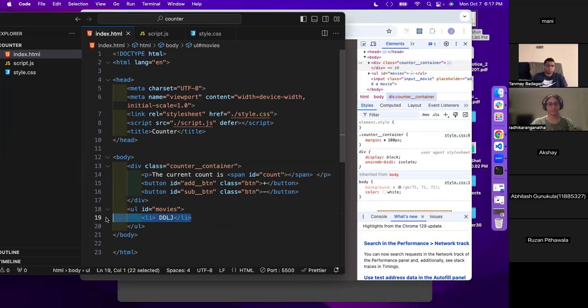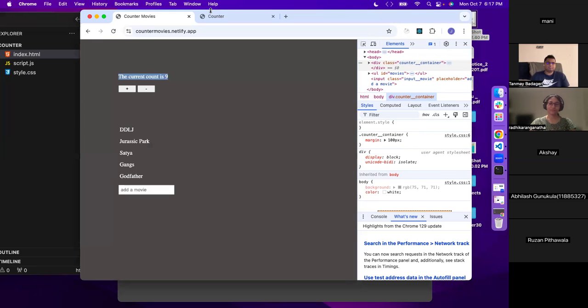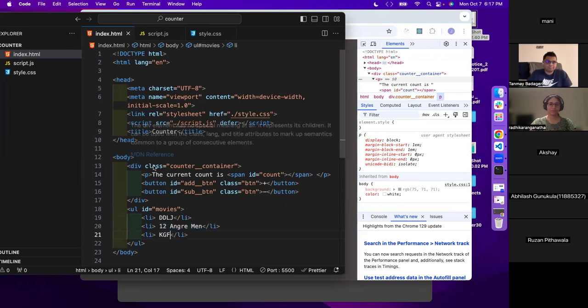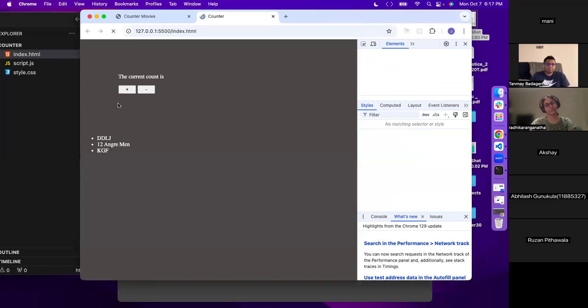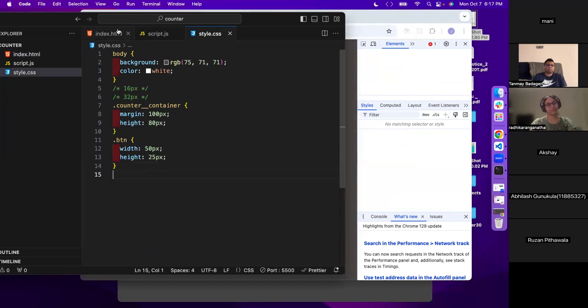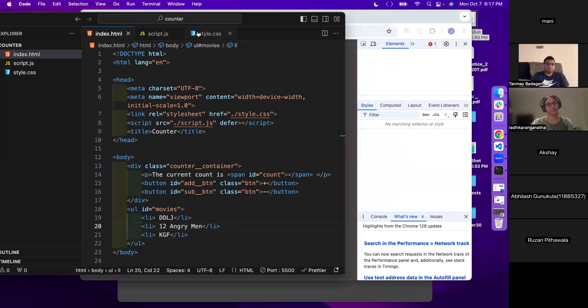Because the initial state can be not 5 movies, it can be anything. All right, 12 Angry Men. And I don't want Dishan to be feeling unhappy, so I will use KGF also. Cool. So this is how it looks. And remember, I don't want it to look like this. I want it to have a margin which is consistent with this, so I will go to the hash movies,